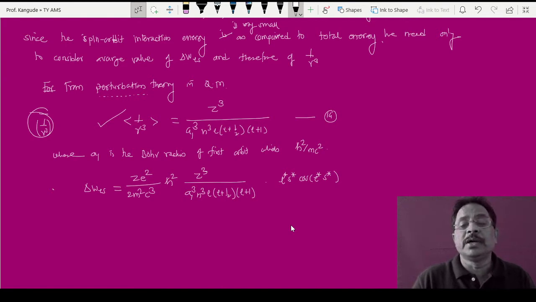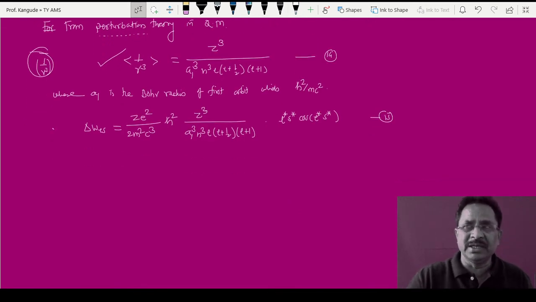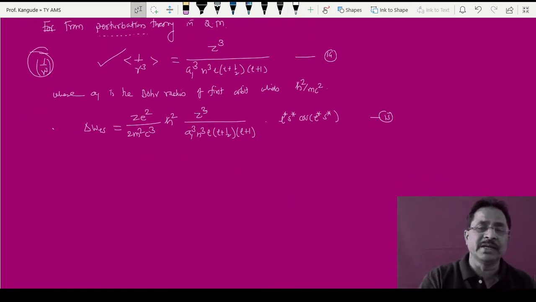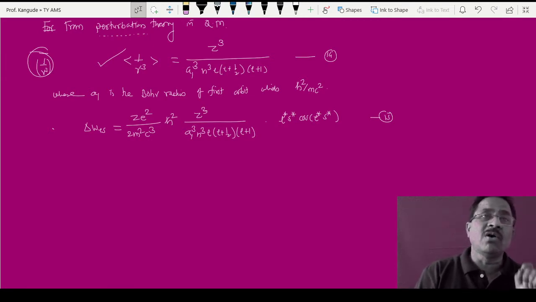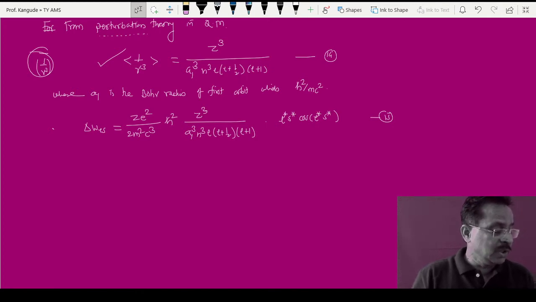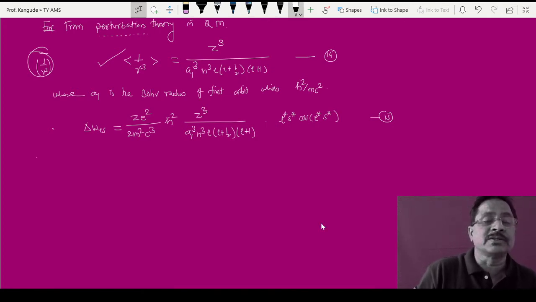So give a number to this, it is equation number 15. Don't worry if it appears to be a larger one, we are not interested more in mathematics, we are interested more in physics and how the splitting of energy level occurs. That is the most important point that is to be considered. Now next is for the factor